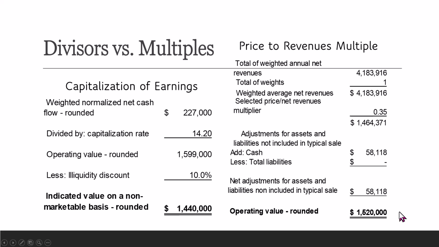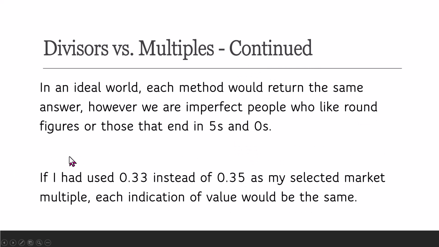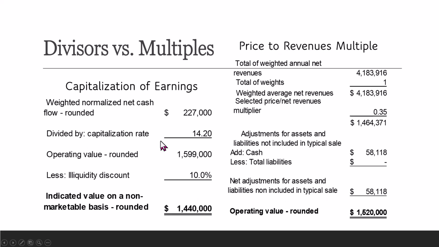So they're pretty close, right? That's kind of how valuation seems to work most of the time. But in an ideal world, each method would return the same answer, right? But realize we are imperfect people, and we like figures or numbers that end in 5s and 0s. So if I come back up here and look at this 0.35, if I'd used a 0.33 multiple instead, I would have come up down here with a 1.440 indication of value. You can check my math if you'd like. I'm pretty certain I did that right. But anyway,